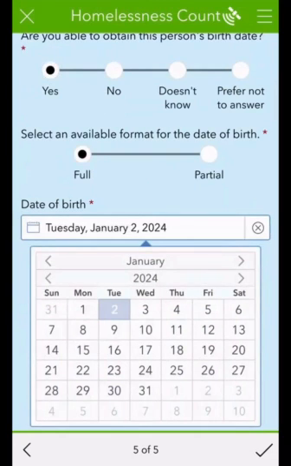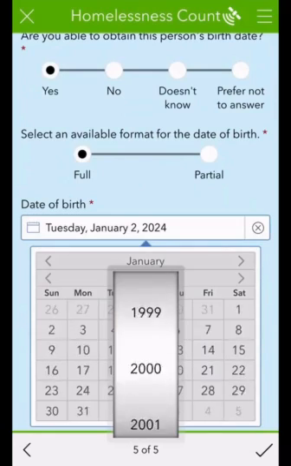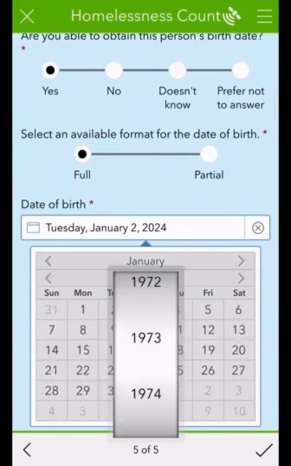And then it looks like you're going to have to scroll through every year and month. Don't worry, you are not. If you click year there, you'll see that you can actually go through this little scroll bar and scroll down to 1962. Please note that you do have to have 1962 in the middle. You'll see here, I cannot click on 1961 or 1963 because it is not in the center, but I can